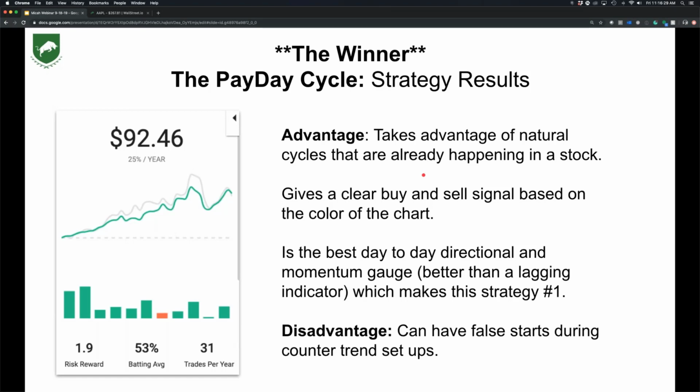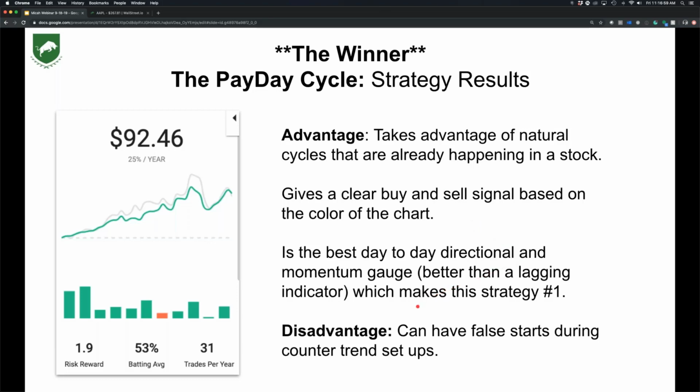So as many stocks move, they form cycles. The Heiken Ashi chart is a great way to visually see the cycles. The payday cycle strategy is the strategy that uses the Heiken Ashi chart. It gives clear buy and sell signals based on the color of the chart. It's the best day-to-day directional and momentum gauge, better than most lagging indicators. Not only is it the simpler one, but it's also the most profitable one, and this is what makes it the #1 strategy. Okay. Now, there's a disadvantage, and the disadvantage, just in full transparency, is occasionally you can get